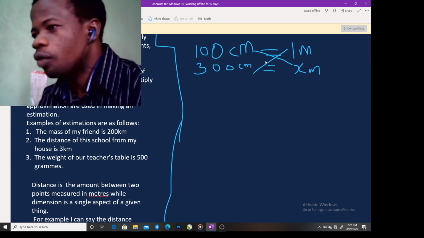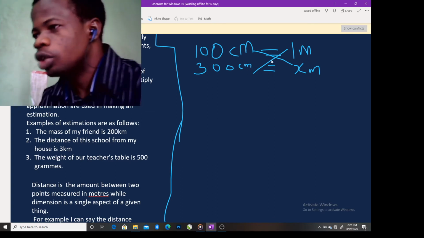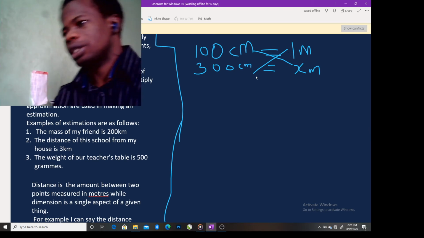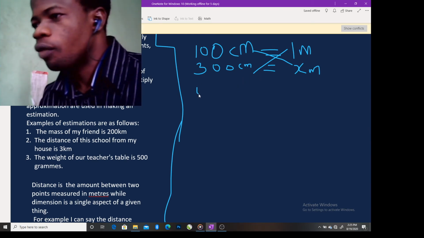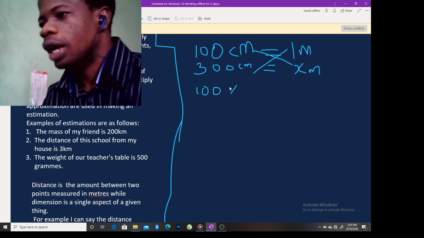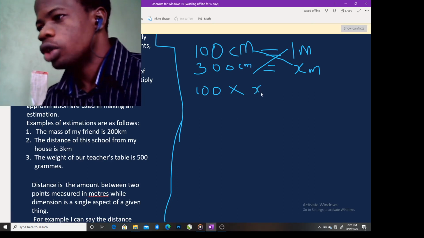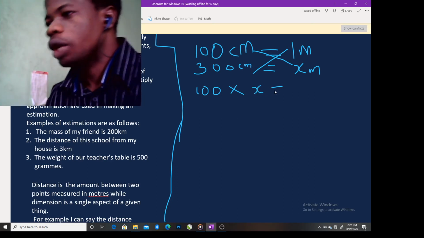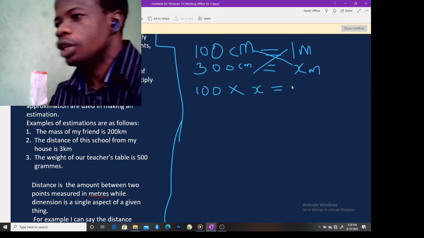And the one you are looking for is the one you write first. So if our x was here, we write this first part, along this side, first. So what do we have? We have 100 times x. Check your times and x, they are not the same thing. Watch out for them. Make sure you are not writing the x the same way as the multiplication sign. This is x, is equal to 300